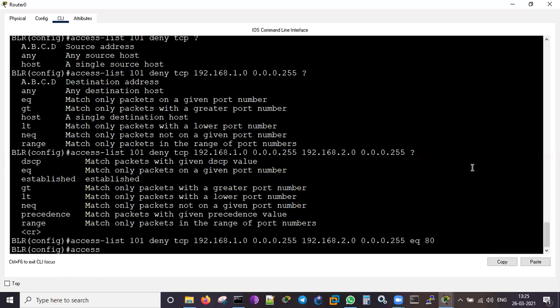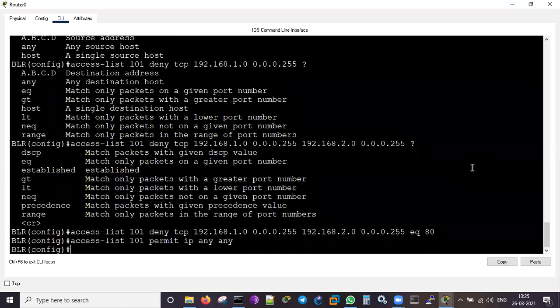So I just write it like access list, same number I will use. Permit. Protocol will be IP. IP equals every other protocol, numbers, ports, and everything. Permit IP from anywhere to anywhere. So first line, what is it saying? It is going to block the TCP access of port number 80. Second line is permitting everything. You can just ask me, we are permitting everything, so why wouldn't port 80 also get permitted? No way. Because this is the first line and this is the second line. Line by line, the router will be processing the requests.